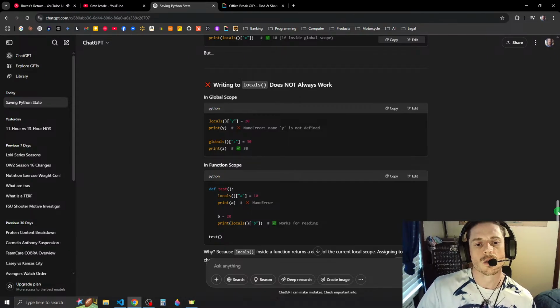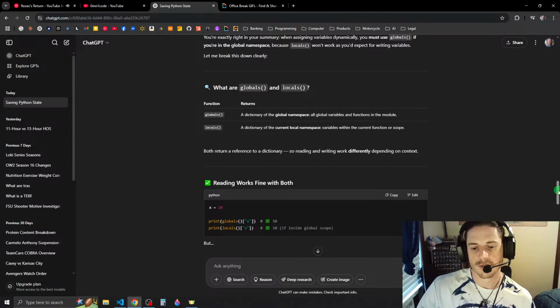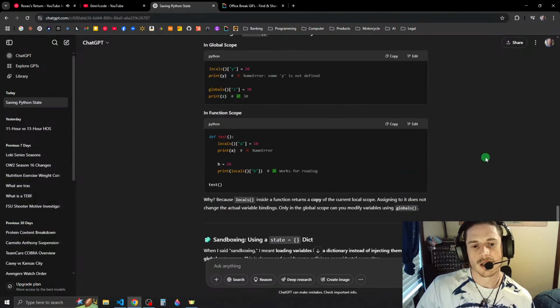So saying locals at Y equals 20 doesn't actually inject it into the global namespace, so when you try to print it, it doesn't print because it's not actually defined. In function scope, def test, locals at A equals 10. Print A, name error. B equals 20. Print locals at B works for reading.